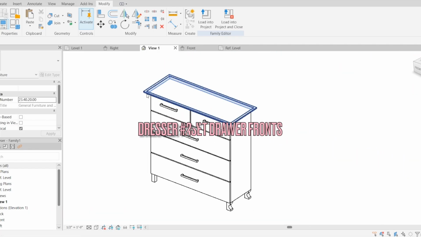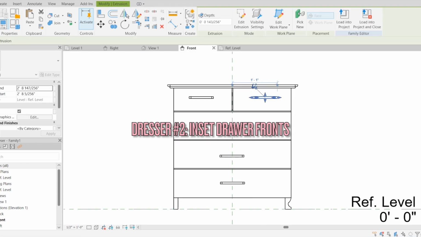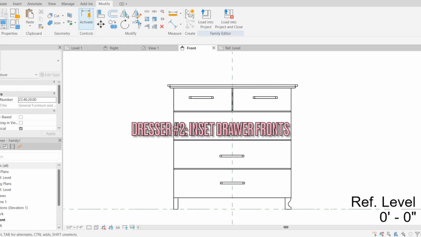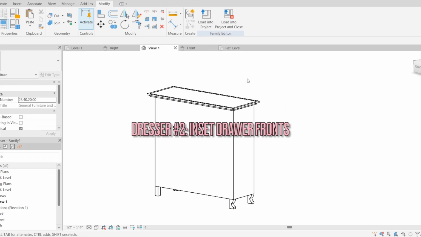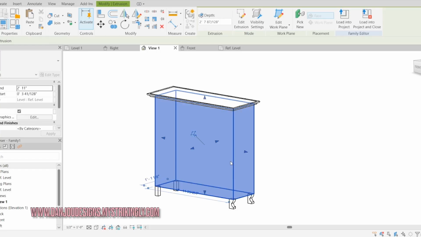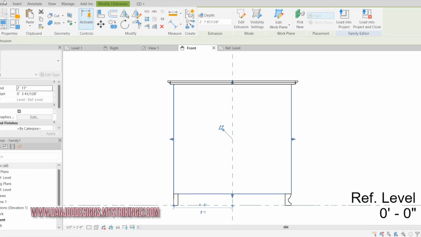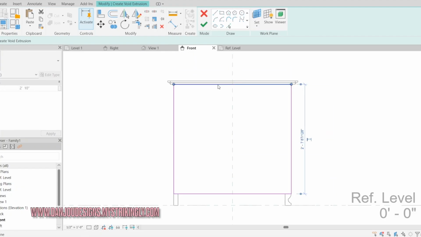But now I'm going to do another dresser and show you how to do inset drawer fronts. So I'm going to go ahead and delete these handles and these drawer fronts so we can start from a clean slate. I'm going to make a void inside of this base of the dresser. In the front view, I'm going to go to Create Void Extrusion. Now I'm going to make a void inside of this, but I'm going to leave a border around it. So I'm going to take these lines and bring it down some,